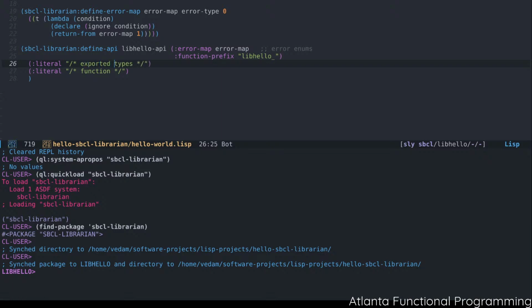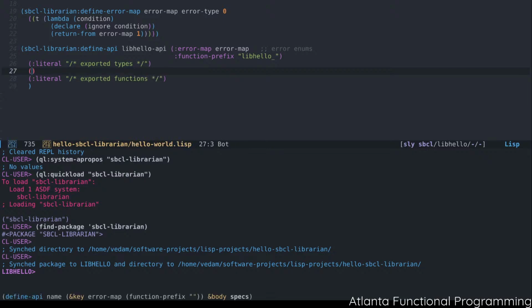Exported types, exported functions is what I normally do, just so that I know what they are. There we go. Okay. So now here we can actually go and define our types, and types is indicated by what types that you want to do, and this can take in a list of types, I believe, or no, you don't need to actually list a type. For each type, I believe you have to do this, type 1, type 2, and so forth. So here we're only going to do our error type, okay, and this is our error enum that we defined,